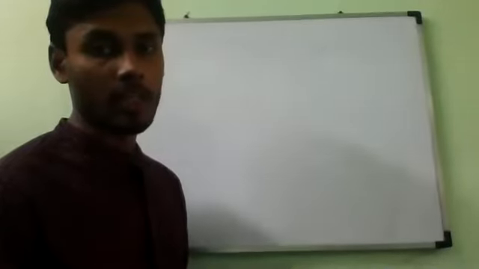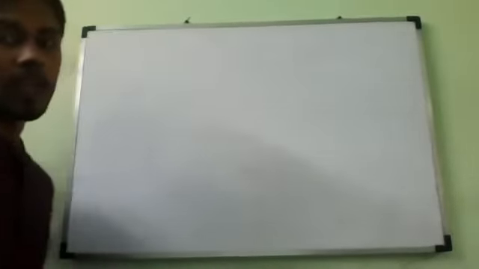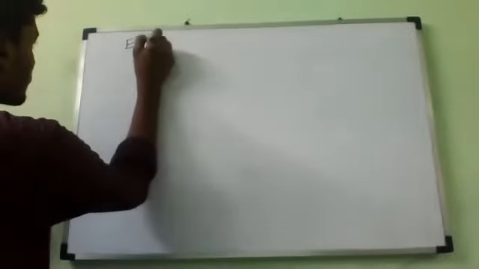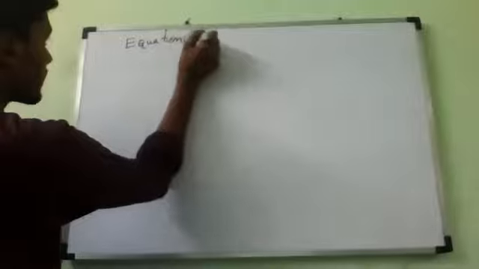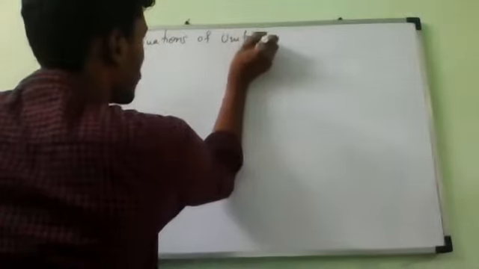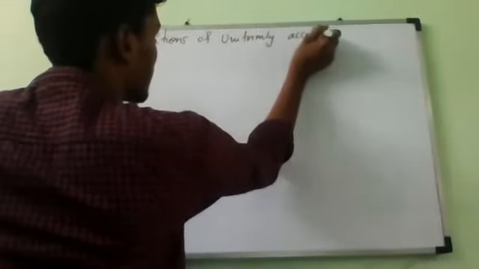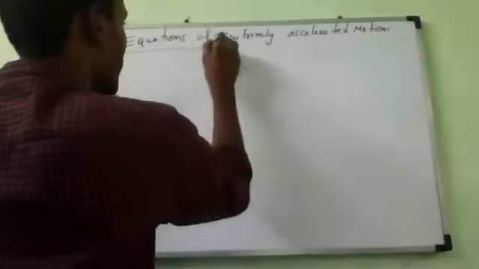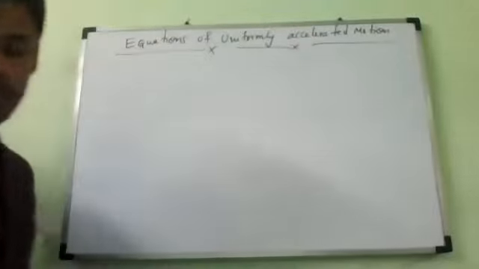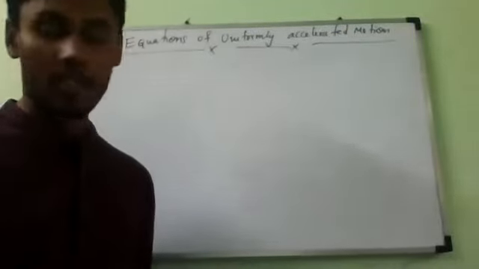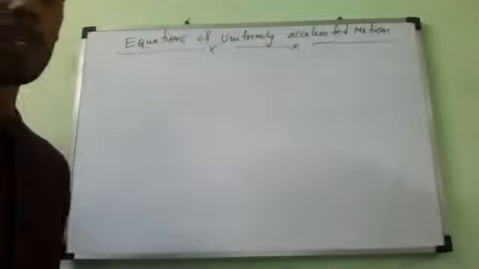All of you keep heading: equations of uniformly accelerated motion. Or else we can call them simply equations of motion. Today I will say the derivations of the equations of motion in a mathematical way, and in the next class we are going to study the graphical method. Understand? Because the graphical method is the most important in class 9.